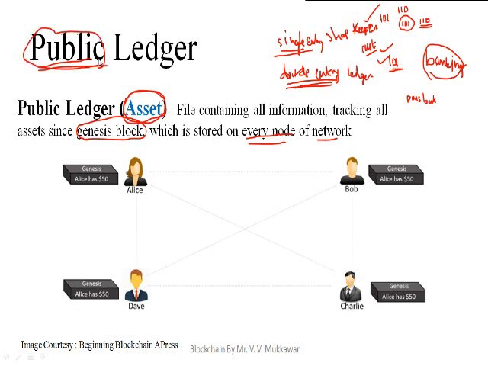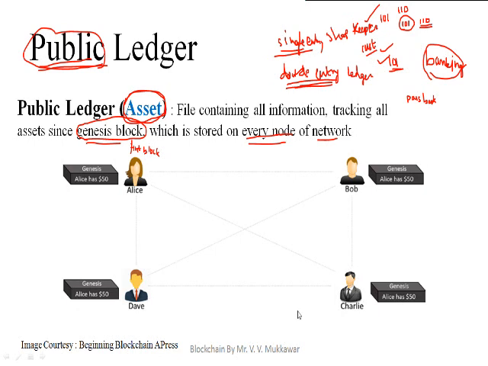And again, the blockchain does not use any kind of centralized authority, or we can say a trusted third party. Now consider that here again the word Genesis block is there. Genesis block indicates the first block that has been created inside of a blockchain. That is known as the Genesis block. Now considering that 4 nodes are present inside of the blockchain network: Alice, Bob, Dave as well as Charlie.